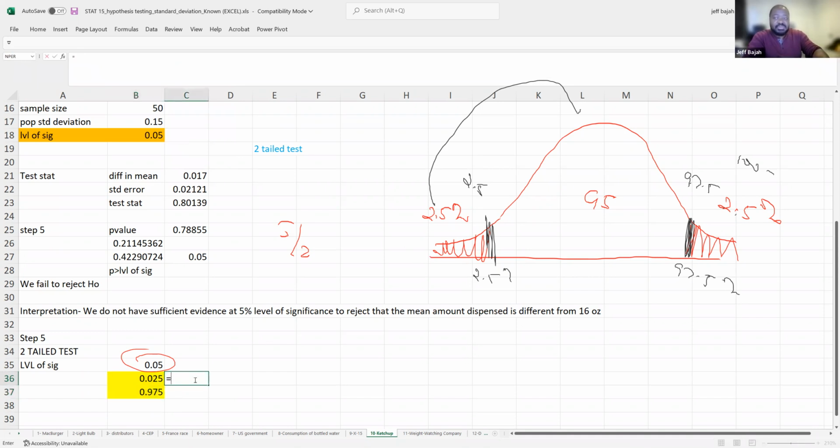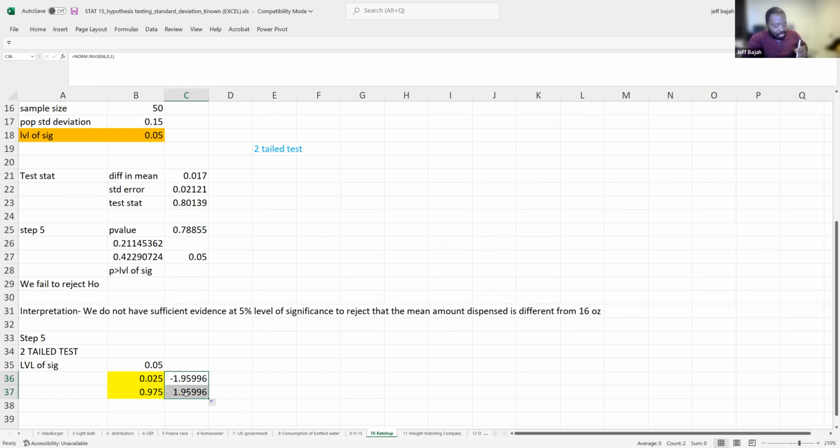We're going to do norm.s.inv, with 0, 1 for this value, and then do the same for the other. I'm just going to drag it. It should work. So you can see it gives me the same. So what it's telling me here is